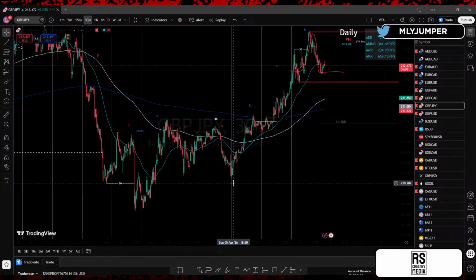If you're still having trouble with market structure, your homework for tonight, or your homework for this week, I'll give you guys the week, is to mark up market structure on your time frame, on the 30-minute time frame. Higher highs and higher lows with the trend line. Any other questions, guys?